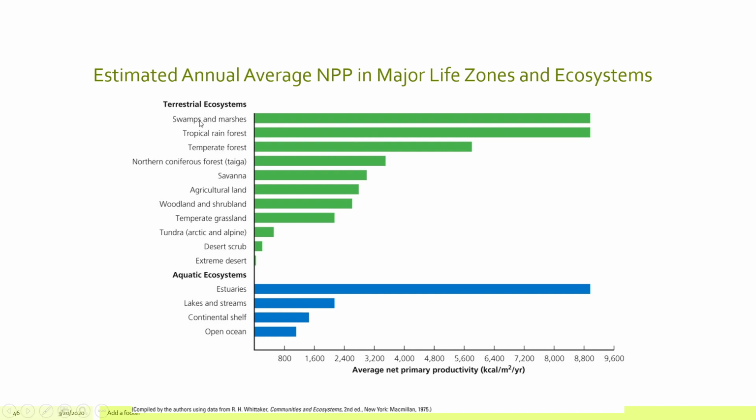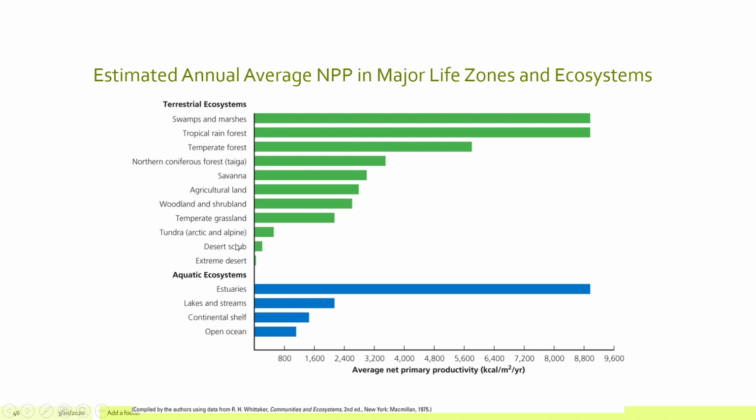So you see swamps and marshes, rainforests, forests. These are very productive. Agricultural land is not nearly as productive as some of these, so it's important that we know that, but it is fairly productive because if it wasn't, we wouldn't be able to get food from there. And then obviously desert and desert scrub and tundra, these are not very productive at all when we're talking about the